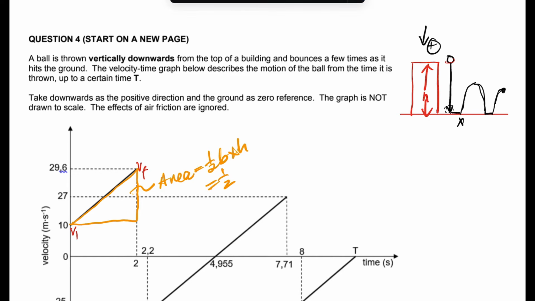Half, what is our base? The base is from there to there, which is, what is that? It's time. So it's going to be time. And what is our height there? Our height there from there to there is the what? Is the velocity. All right, that means that the velocity times time is the what? Is the displacement. So the area under the curve, it tells us the displacement, and we have another shape here